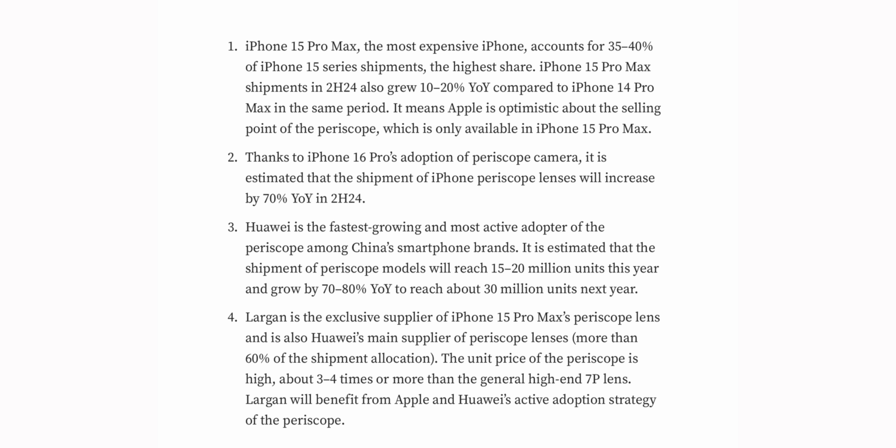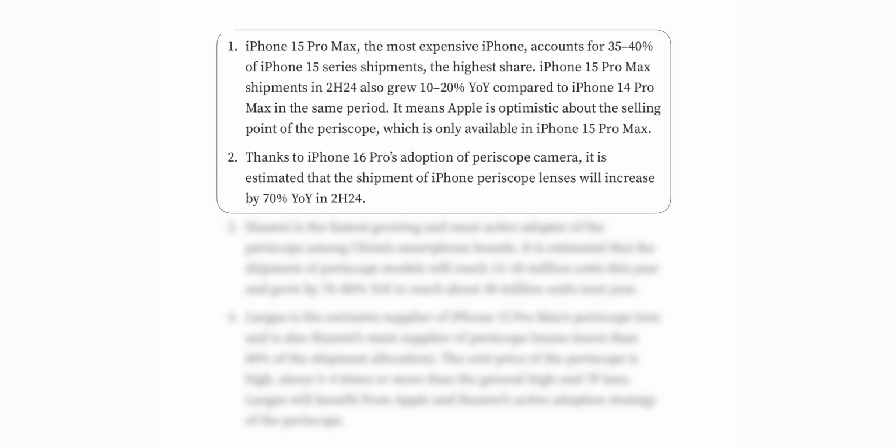And then in a separate report from Kuo, he mentions that the 15 Pro Max will definitely be the best-selling model due to the periscope lens. So he says, quote, iPhone 15 Pro Max, the most expensive iPhone, accounts for 35 to 40% of iPhone 15 series shipments, the highest share. iPhone 15 Pro Max shipments in the second half of 24 also grew 10 to 20% year over year compared to the 14 Pro Max in the same period. This means that Apple is optimistic about the selling point of the periscope lens, which is only available on the